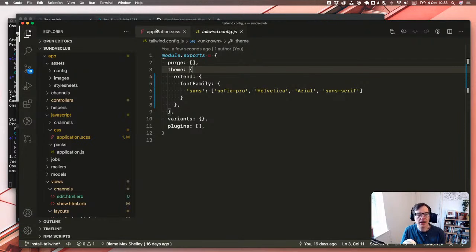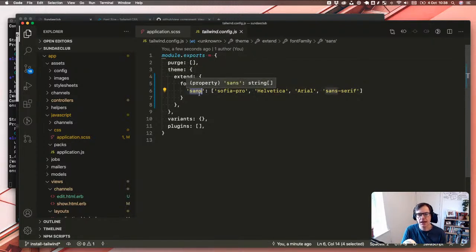I have had to restart the server every time I've changed this config. I don't know if that's correct or not, but that is what I've had to do. So maybe that was one of the issues we had when we tried it the first time. Also, I think we didn't have sans here. I think we had base and then tried to apply that base class to the HTML element or the body element